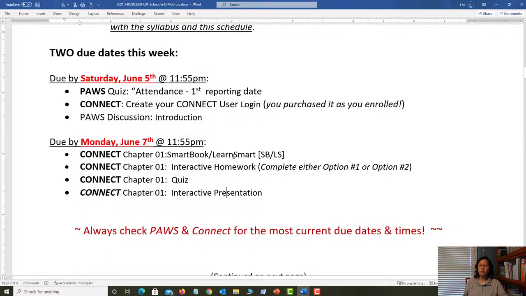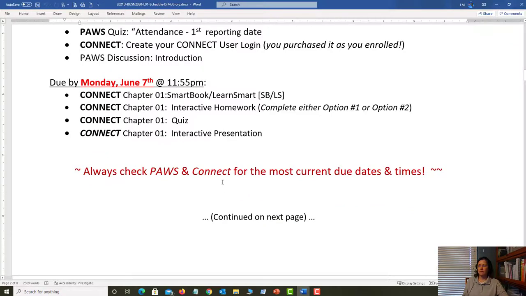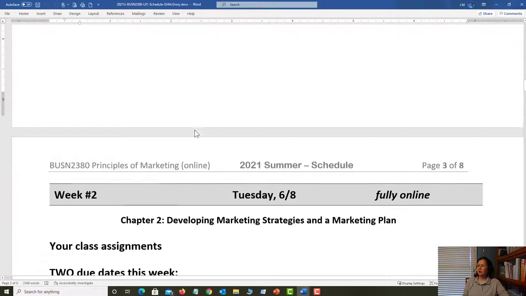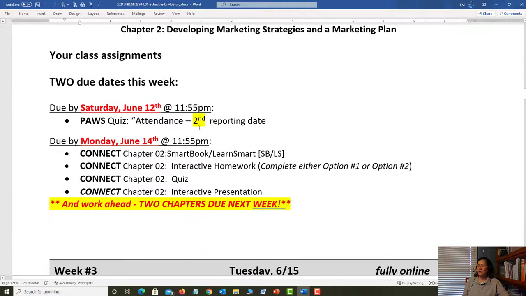I would start with the Learn Smart though, and then proceed through these other assignments. So we'll take a look at them, but these are the 4 types of assignments that you're going to complete for each chapter. We'll look ahead into week 2, and there's those easy peasy points,